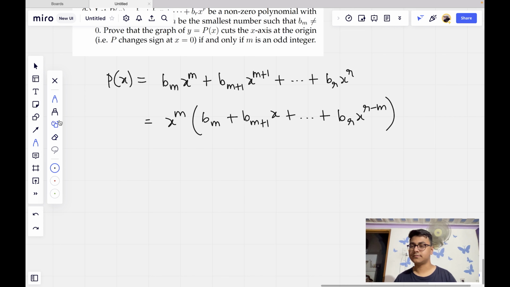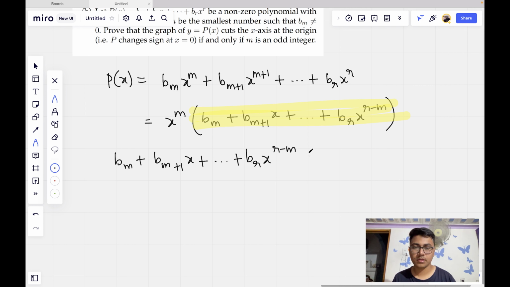Okay, now look at this part. This part is nothing but that q of x by x to the power k from the previous part, right? So this part, bm plus 1 x plus all the way to br x to the power r minus m, this polynomial is strictly positive in a given neighborhood of x, correct? To be more precise, bm plus all the way till br x to the power r minus m is strictly positive